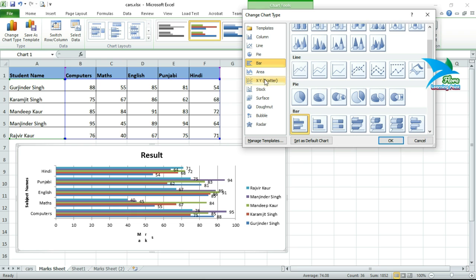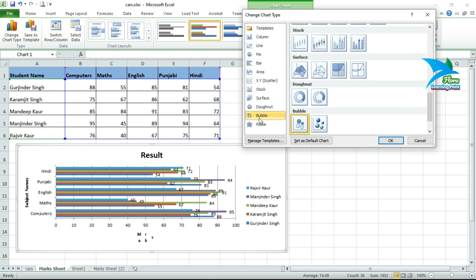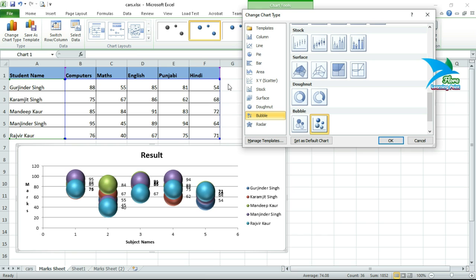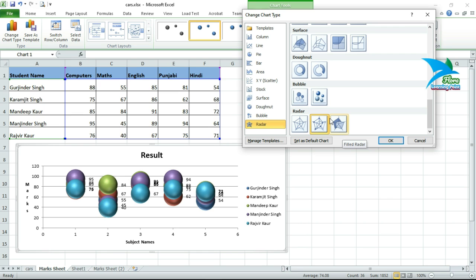So after creation of a chart, you will be able to select any type of chart that you want to display. For example, if you want to display a bubble chart, then select this one and click on OK. Now here we are having the bubble chart. So the steps to create a chart are the same, and after creation you will be able to choose the type of chart that you want to display.